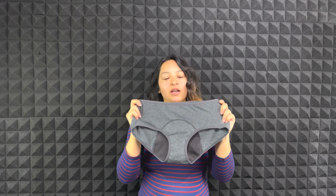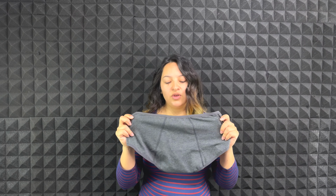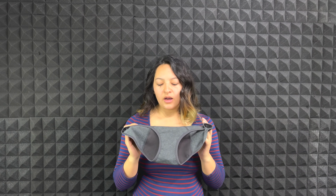This in particular, it's pretty big, and I need it because I do have a very heavy flow. But the first thing that you need to know is that you can buy different sizes, different shapes. You can get bikinis or even thongs. It's up to you. In my case right now, I decided to get these ones because I'm preparing for my